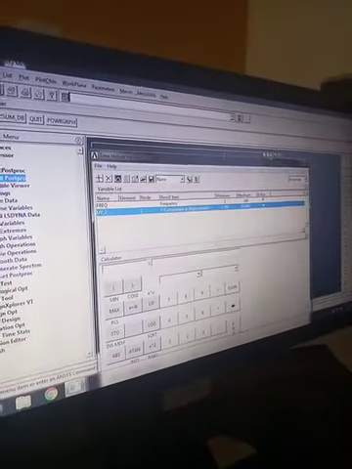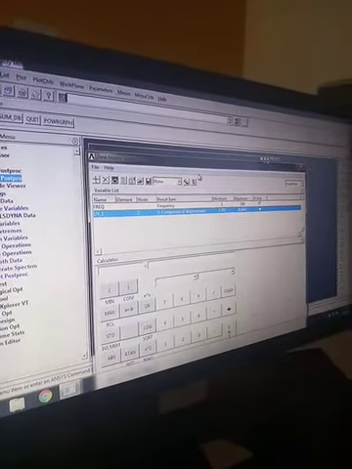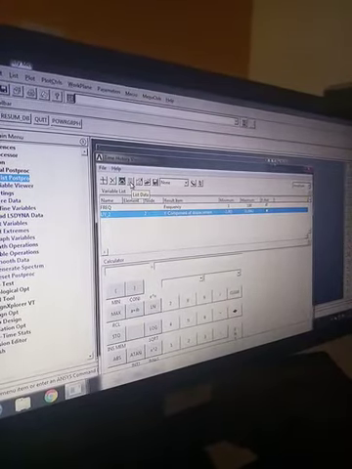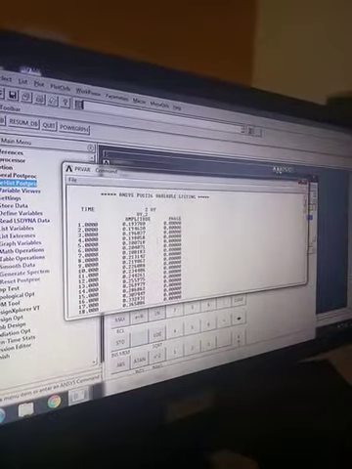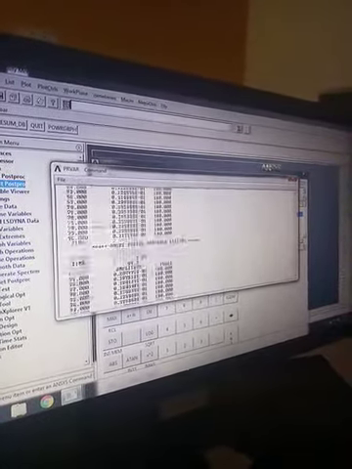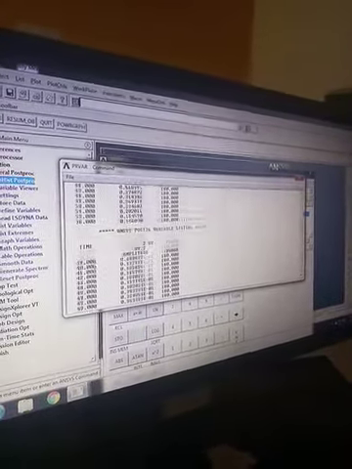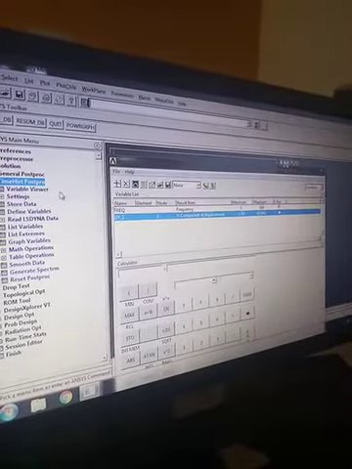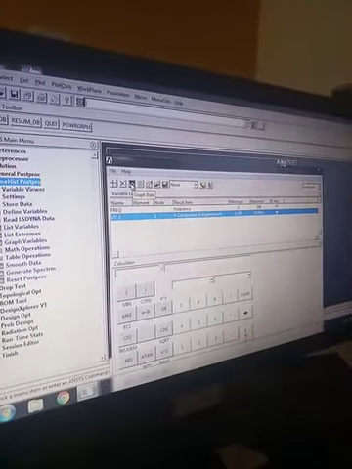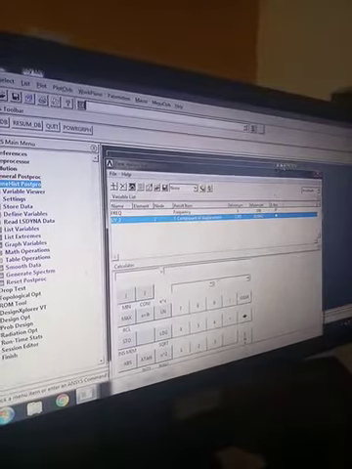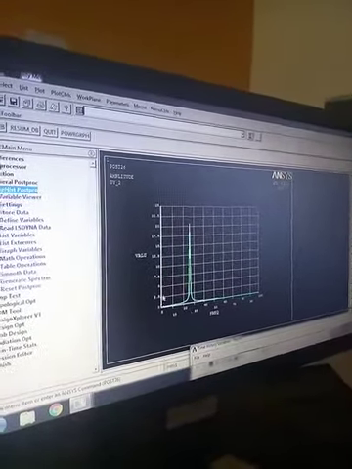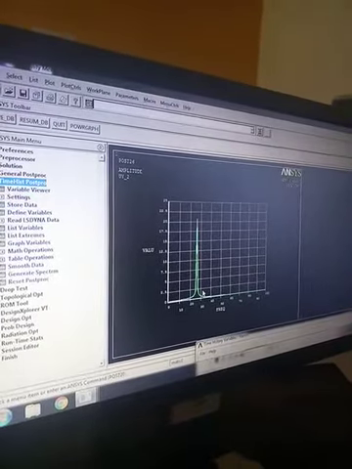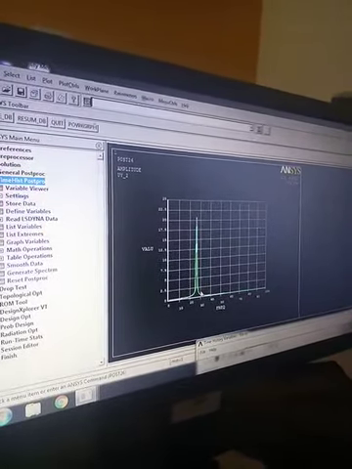After giving OK, I go for List Data. Please see this. You are getting the list data. You have to show this list to the external examiner. Then after that, you have a graph symbol here. Just click on the graph. Then see, you will get this graph. This graph is the result. You should write it in the answer sheet. Okay, thank you.